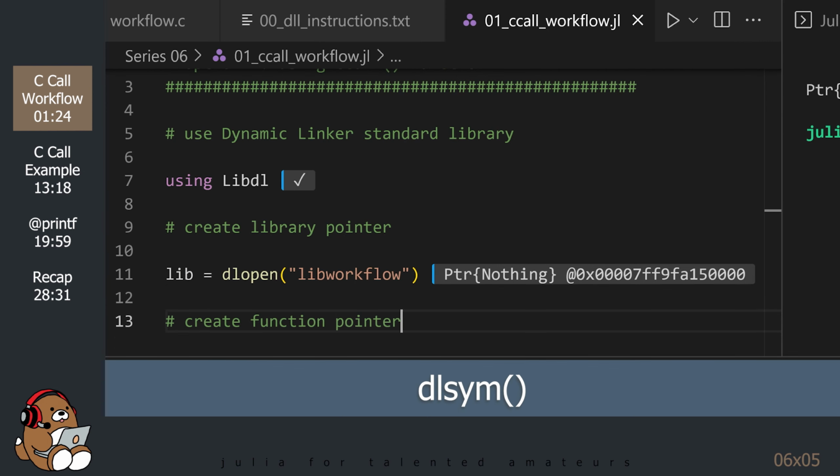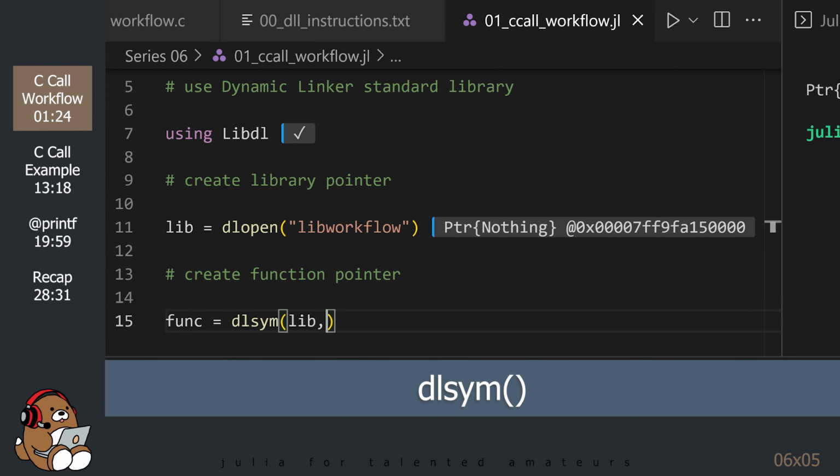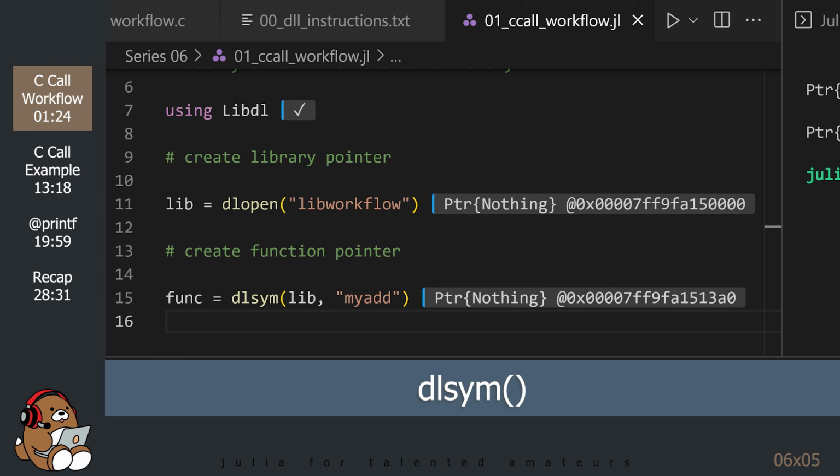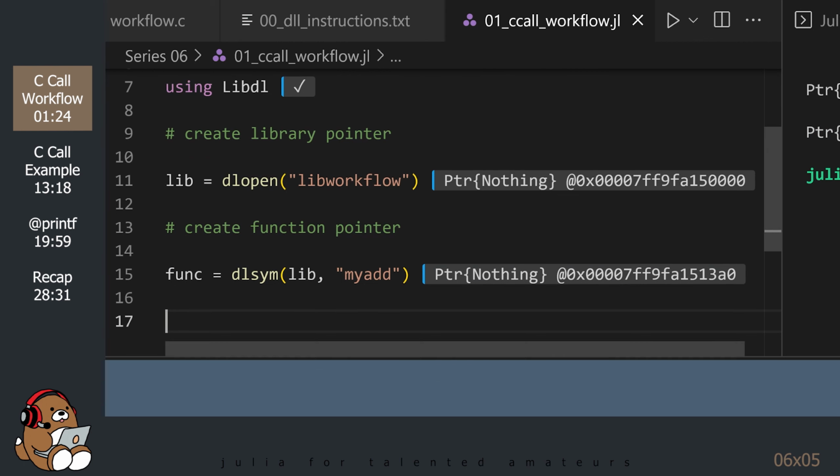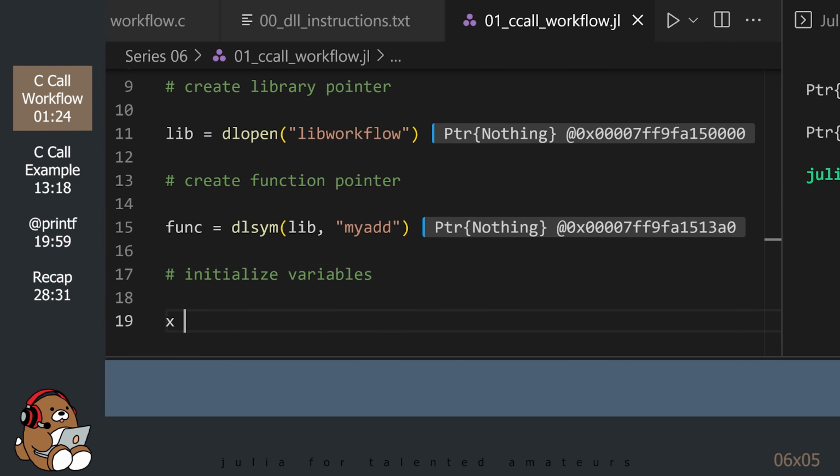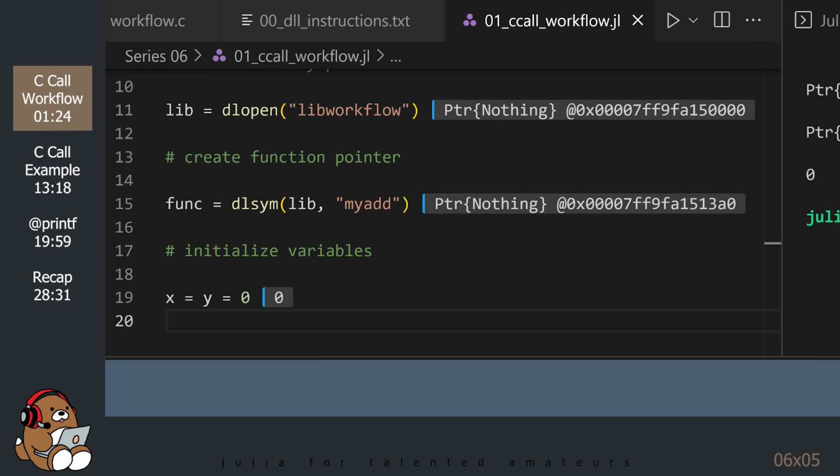Next, we need to create a pointer to the function in that shared library. DLSym stands for Dynamic Library Symbol. In Julia, the name of your C function needs to be loaded as a symbol data type. Next, we need to declare and initialize the variables that we want to use in our function.